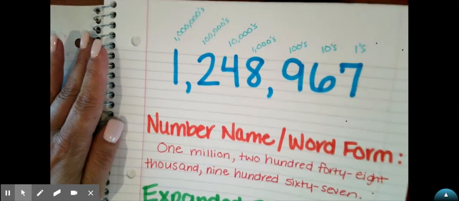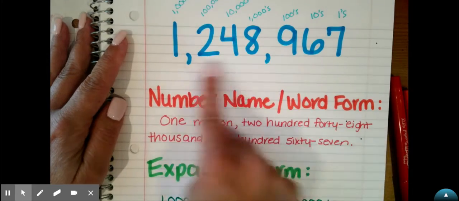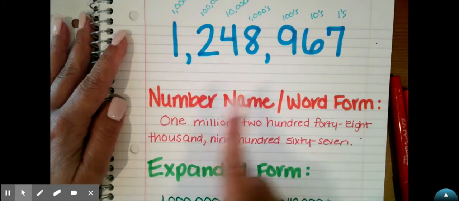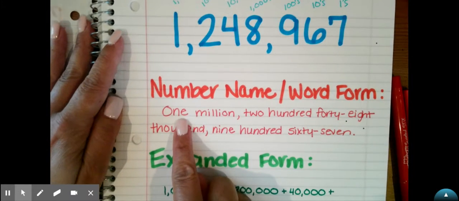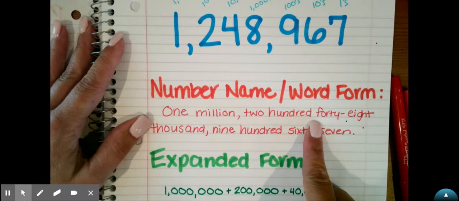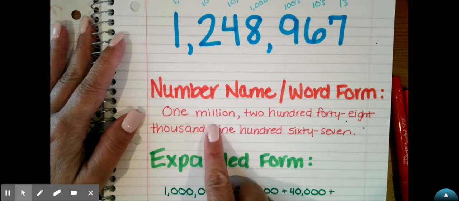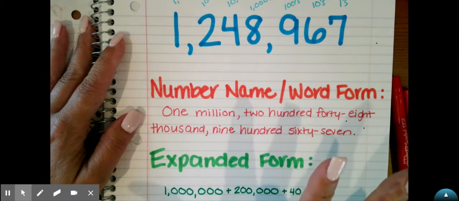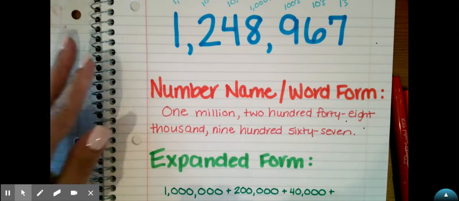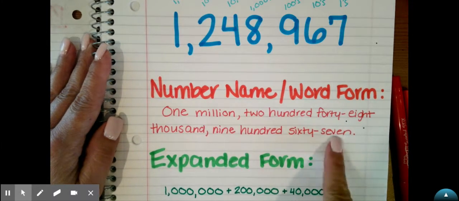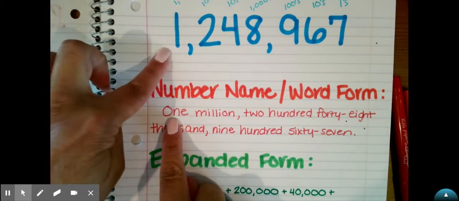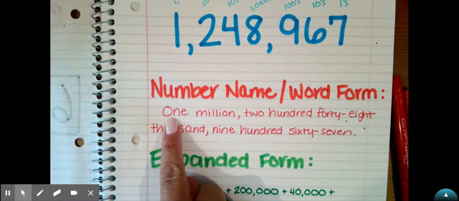We also learned that besides writing a number in standard form, we can write it in number name or word form, and that's when you spell out the digits in words. It takes a lot of effort. Your hands might hurt a little bit after you're done, but it's effort well spent when you get to read this big long number. So if I was going to write out this in word form, it would simply be